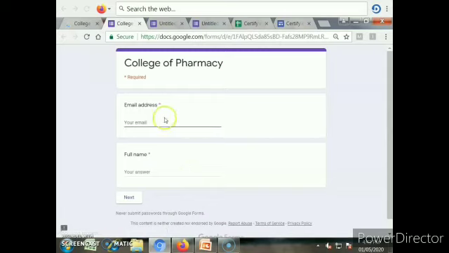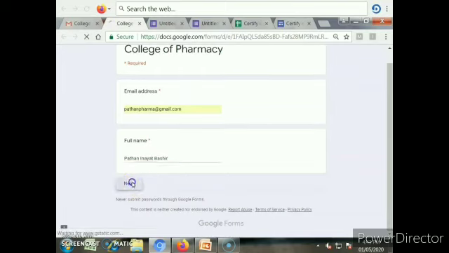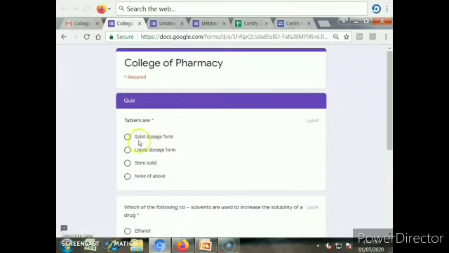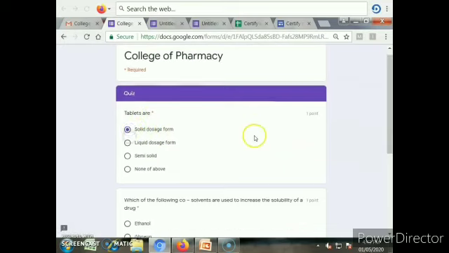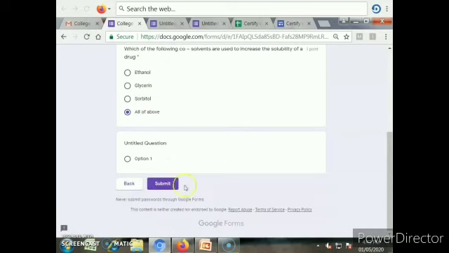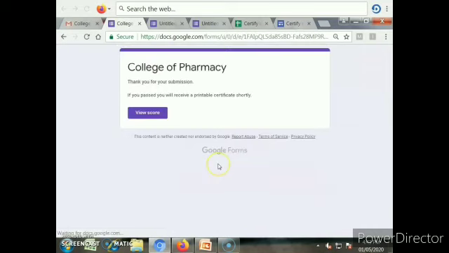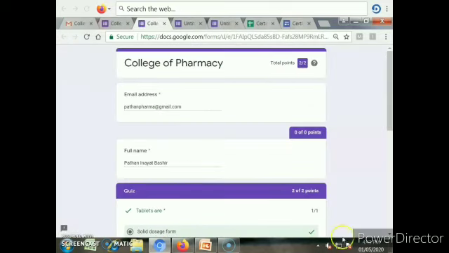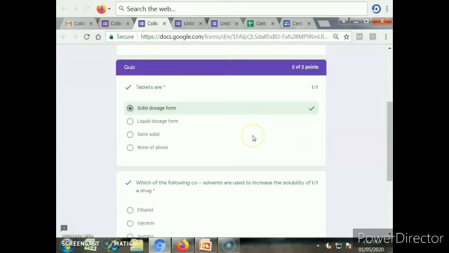First we'll fill in our details: email ID, full name Pathan Inayat Bashir, next. Now the question: tablets are a solid dosage form. Which of the following co-solvents can be used for increased solubility? All of the above. We'll submit now. We can view our score also. View the score. So we have got 2 points.